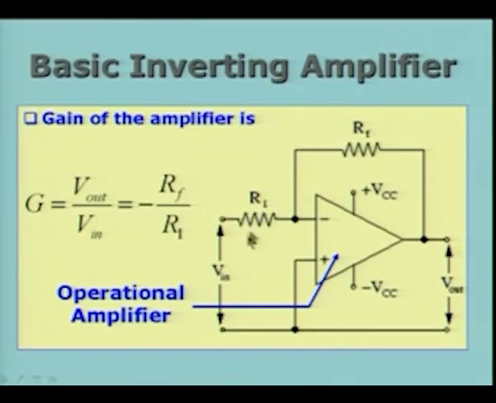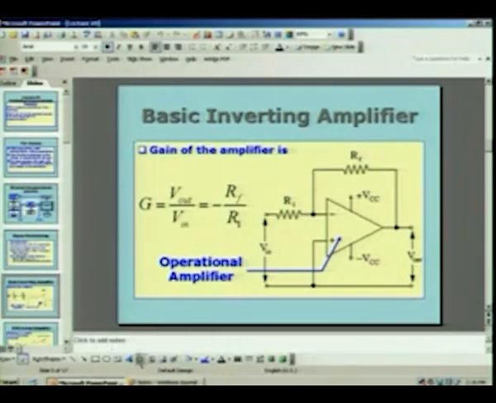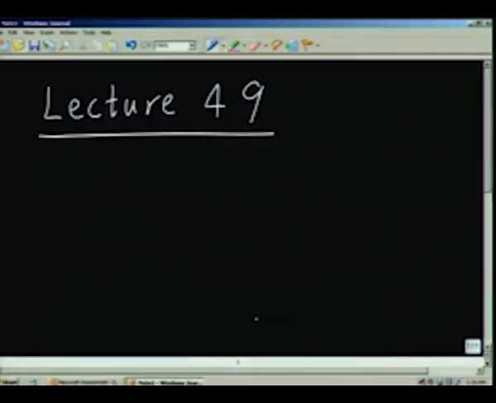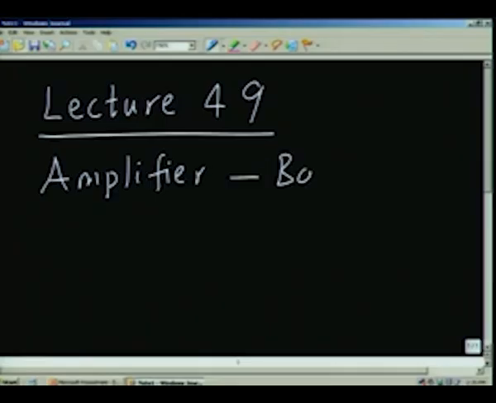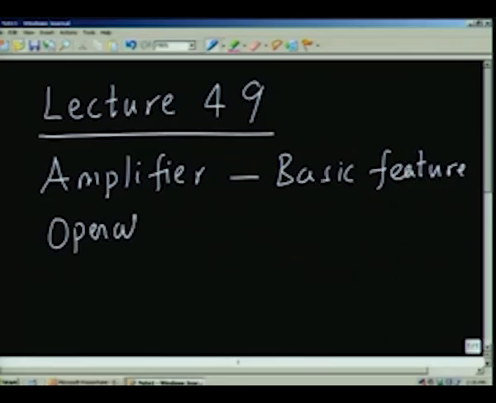So, let me just digress here and discuss some of these in a very summarized fashion on the board. So, we are talking about an amplifier and I just want to look at the fundamental or basic features of an operational amplifier. The operational amplifier is the heart of the signal conditioning system,